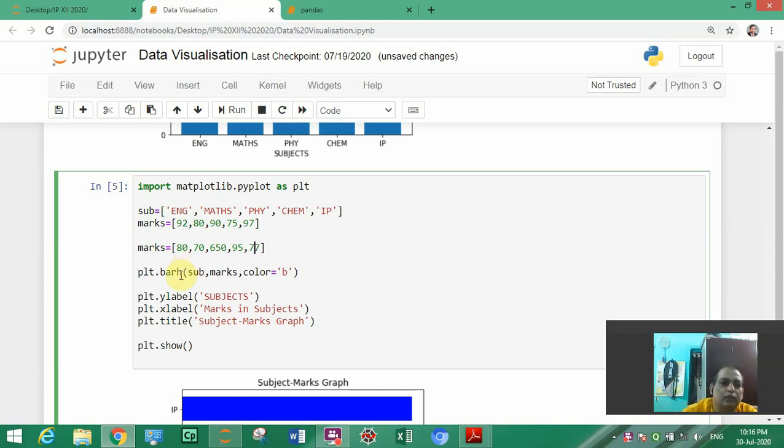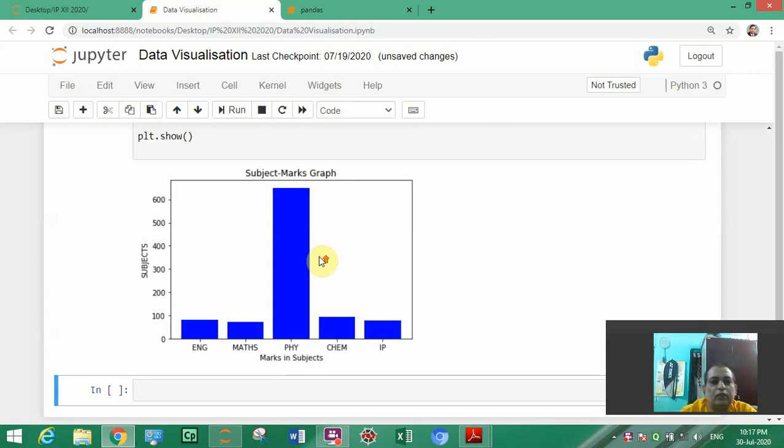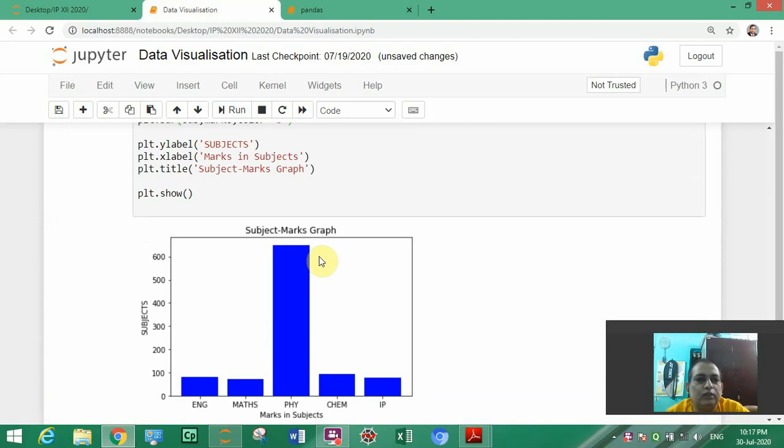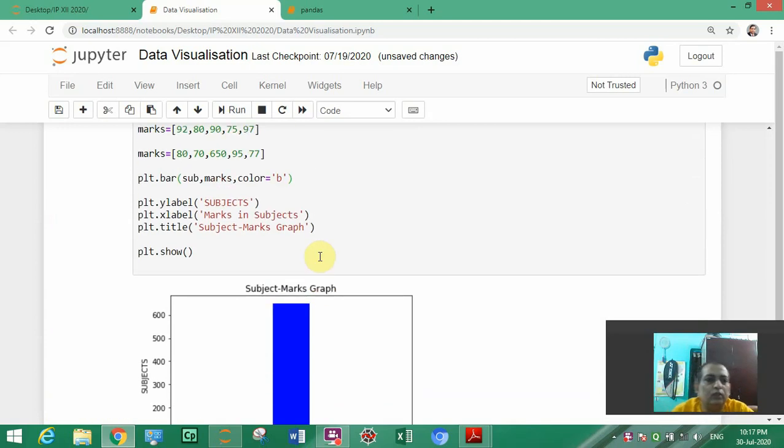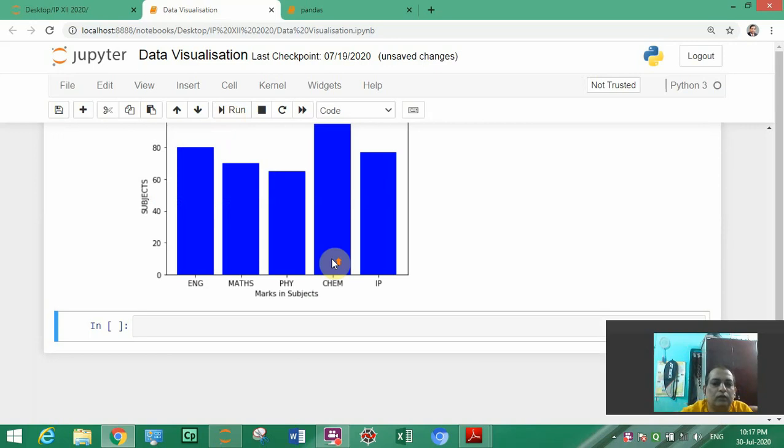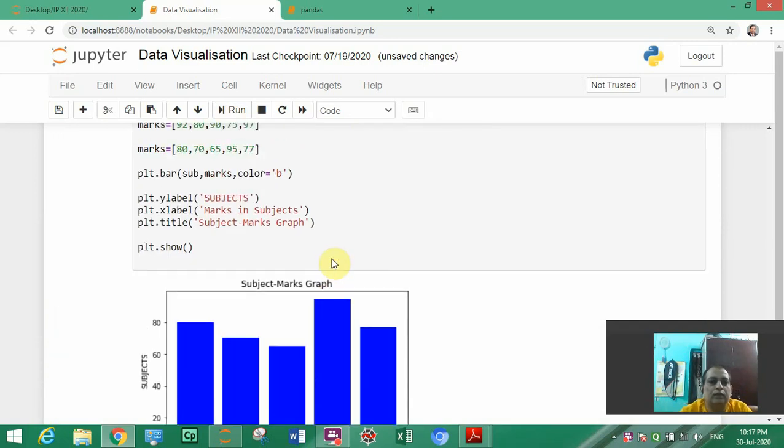So 2 are coming, and I will remove this h. If we run this one, then it is coming for this one.